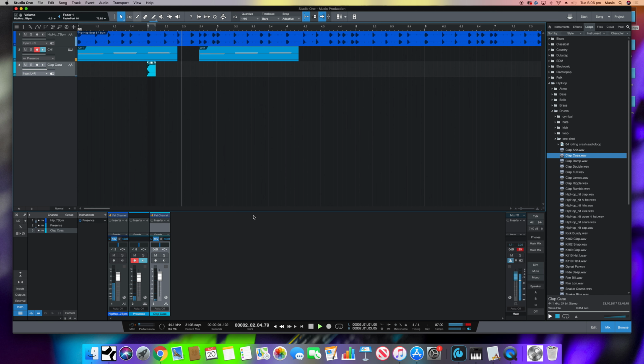We might want to duplicate this. And as you'll see, Studio One has a very handy bar snap tool embedded. So we can duplicate this multiple times. If we play this back,